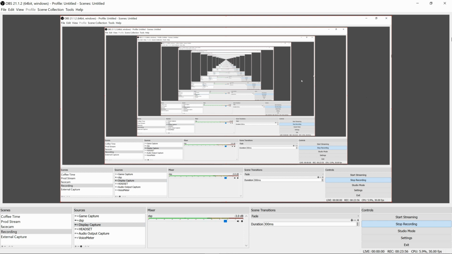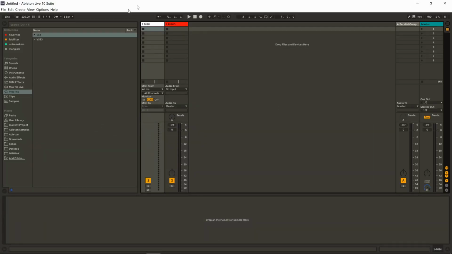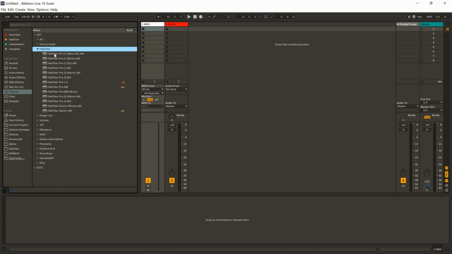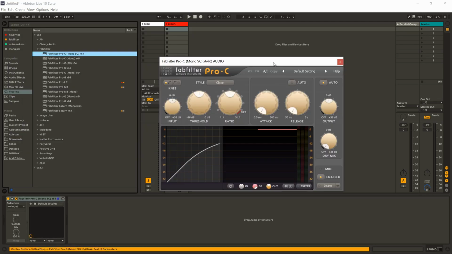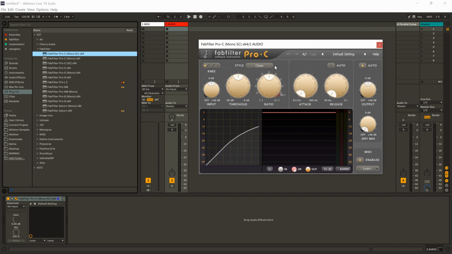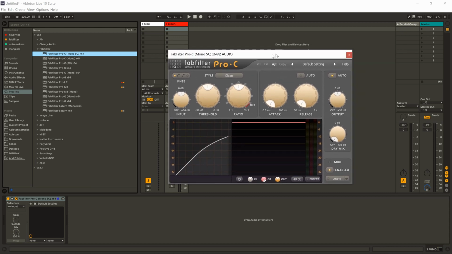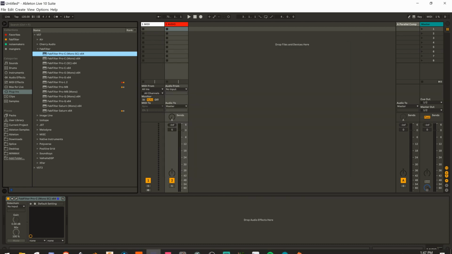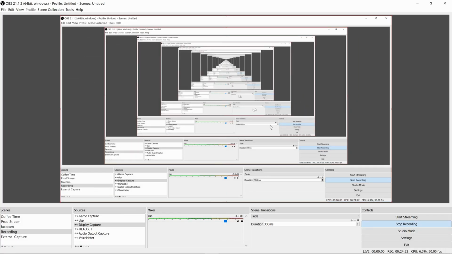So this is capturing everything on my display, and I find that works best with Ableton because if you are using, let's say a plugin, let me slap FabFilter down here or something. If you put a plugin like this on, and OBS is set to capture Ableton's window, it will not capture this window. It'll just capture Ableton. And so you'll be talking about Pro C or whatever, like, okay, increase the attack, but nobody can see what you're doing. So that's why I've got it set to display capture. And I feel like that's the easiest way to do it. There might be a better way to do it if you're more into OBS and using like scripting languages. I'm not really. That is the dummy simple way to get it set up,